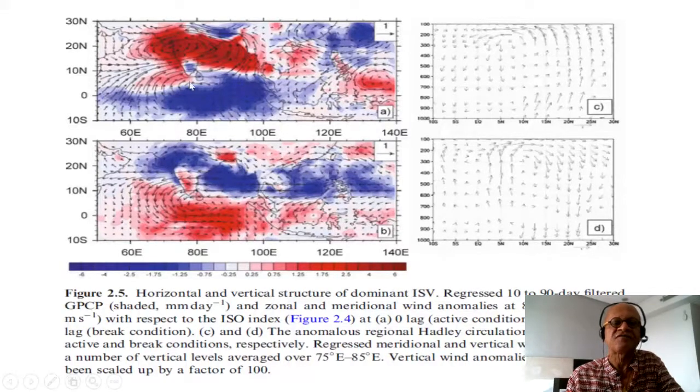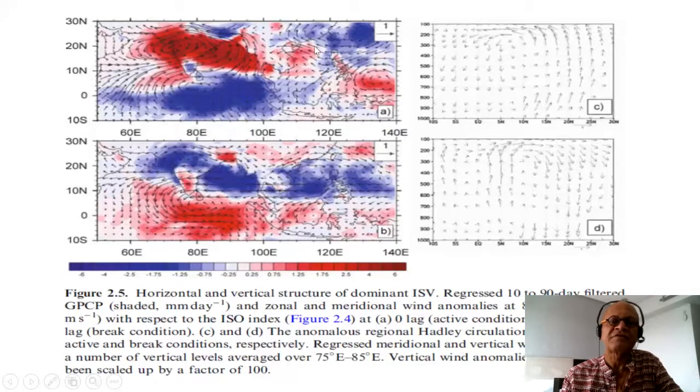This is the active period and this is the break period. So obviously there is rain during the active period, but it has this kind of large scale structure with this out of phase relation with the deep tropical region. And I also mentioned this kind of east-west pattern here, Northeast India, the core monsoon zone, and of course there is the East Asian